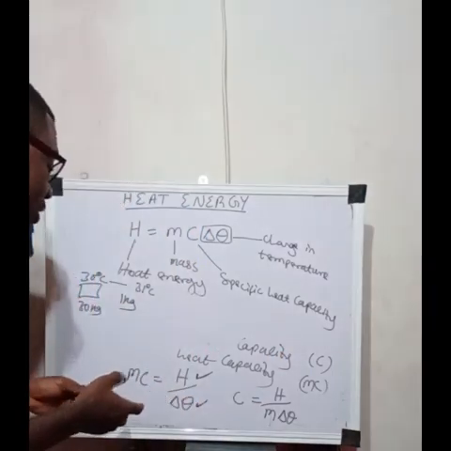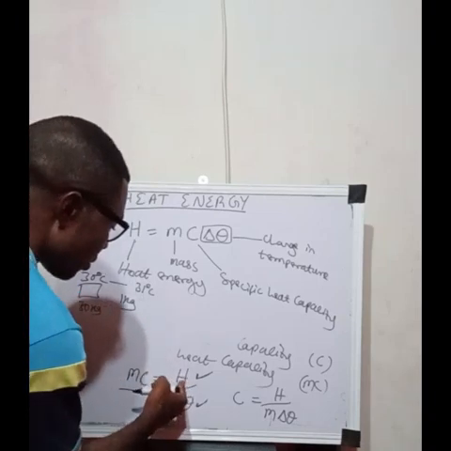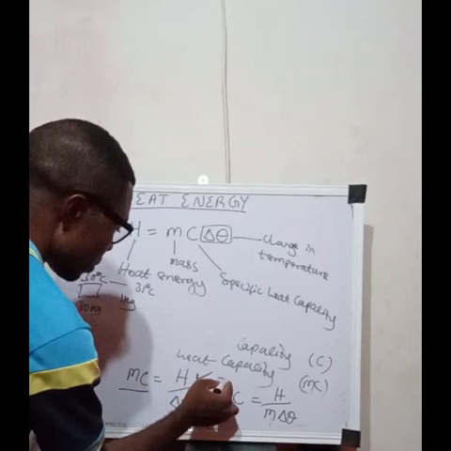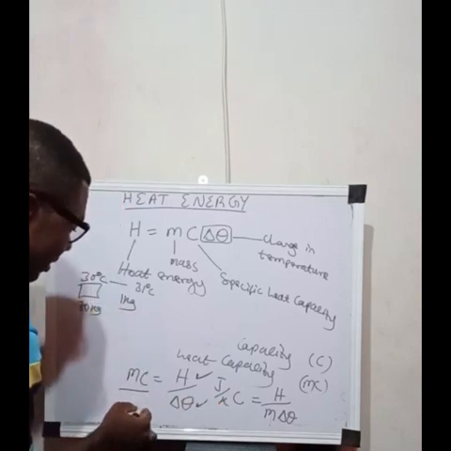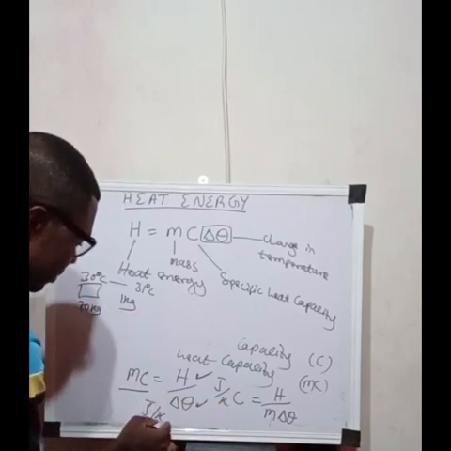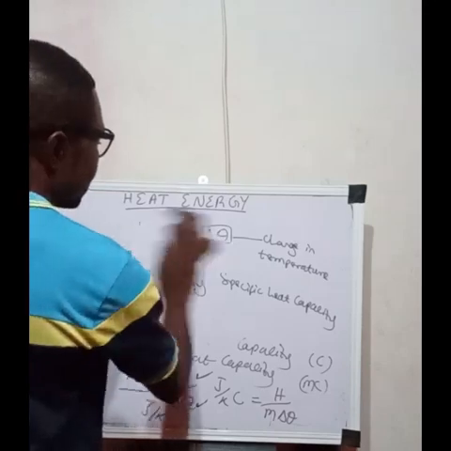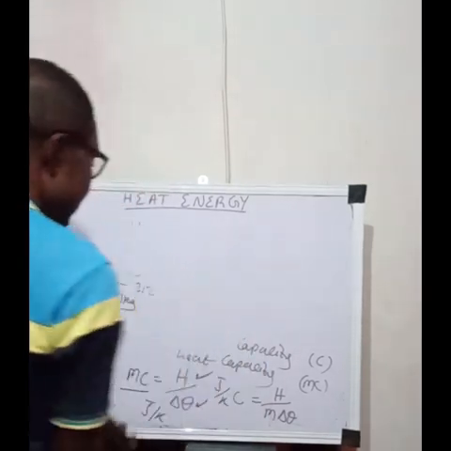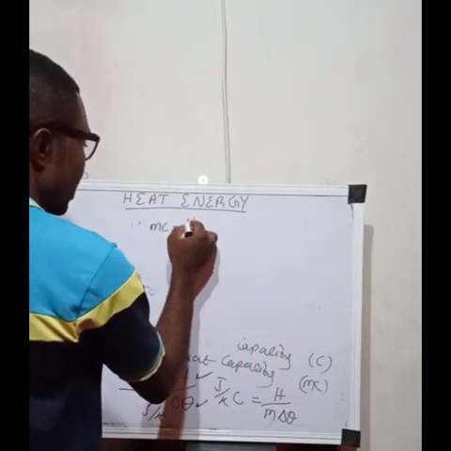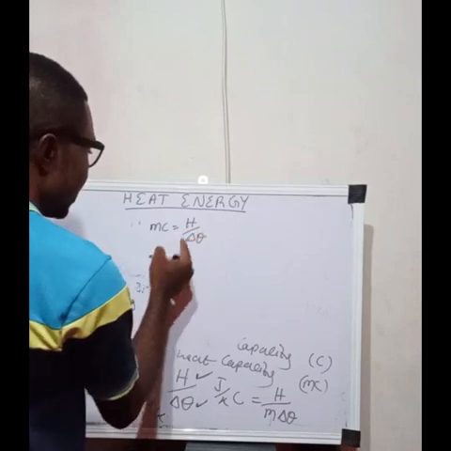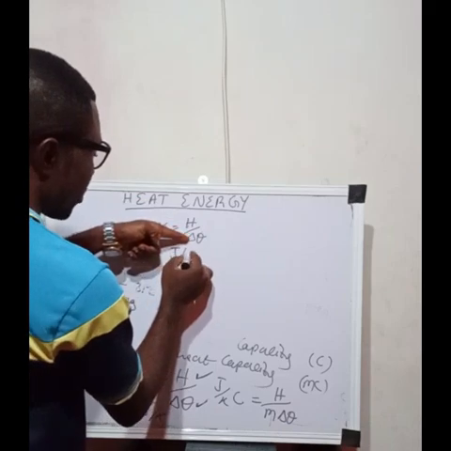We can also differentiate the two of them by their unit. If you look at this one that I call heat capacity, you know the unit of heat energy is joules divided by the unit of temperature, which is Kelvin. So the unit of heat capacity is joule per Kelvin. Joule divided by Kelvin is the unit of heat capacity. Okay? So if heat capacity equals heat energy over change in temperature, like I said, the unit is